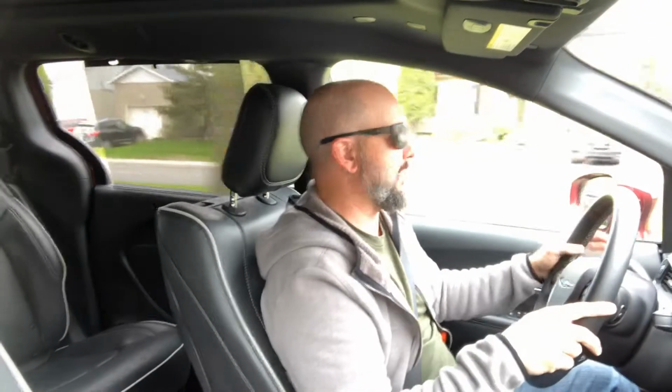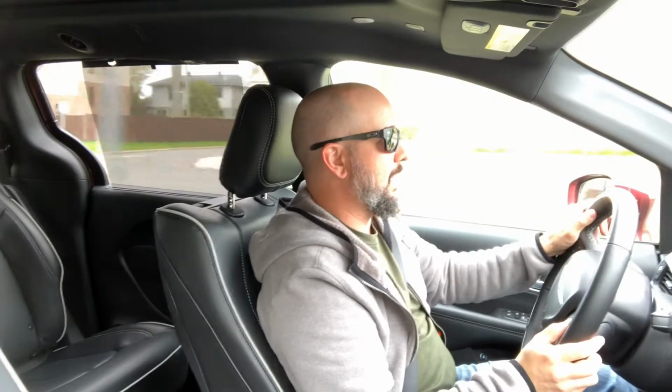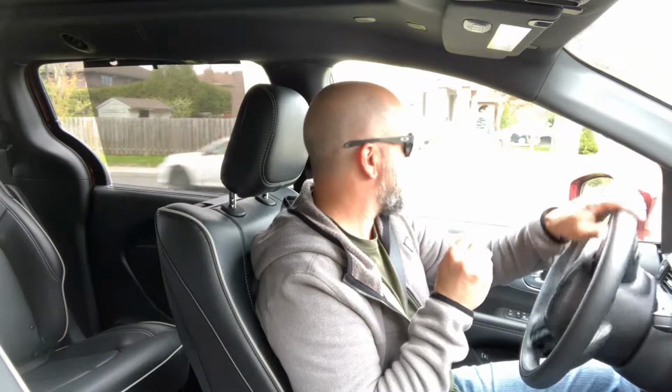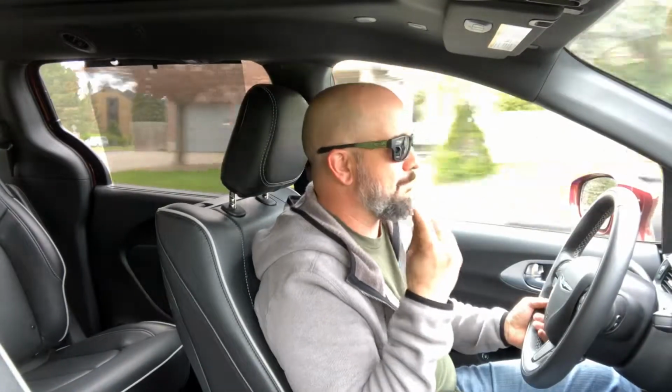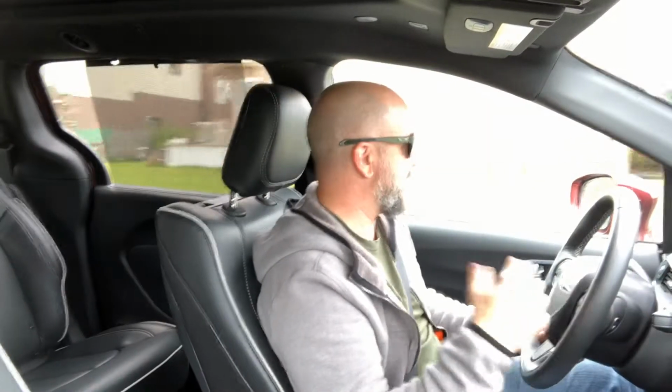While I'm on the subject of negative points with the Pacifica plug-in hybrid, I'm going to bring up the fact that it's not quite as refined as I had hoped. I've driven the regular Pacifica, and it feels like the regular Pacifica, but in my mind, I had programmed myself to expect, well, because it's a plug-in hybrid, because you have electric range, because of the weight and all this,